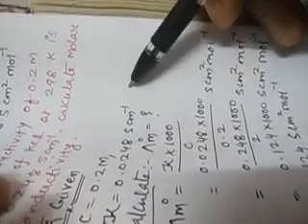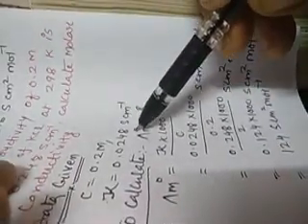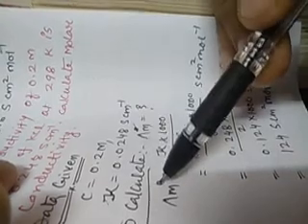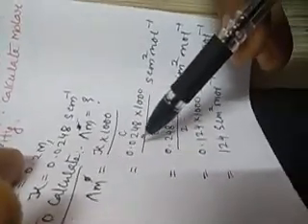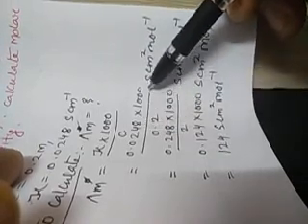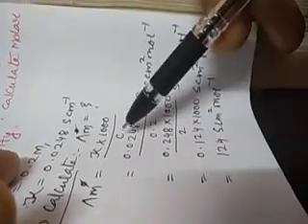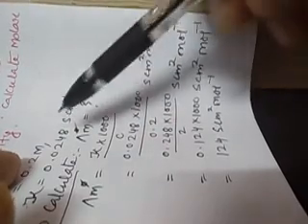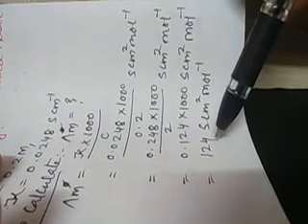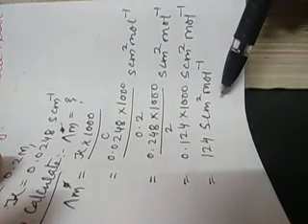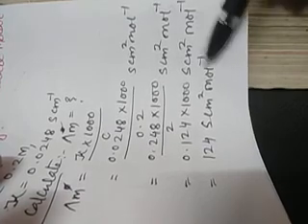So your lambda m is equal to kappa into 1000 divided by C, so you can write it 0.0248 multiplied by 1000 divided by 0.2. The concentration C is 0.2 mole per liter, and by solving this we easily find out that the answer is 124 Siemens centimeter square per mole. This is your textbook exercise question. Again, we have one more question to discuss here, my dear students.